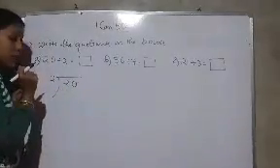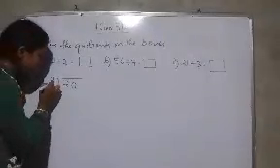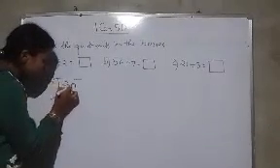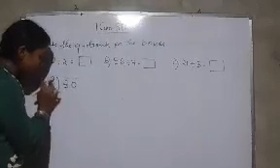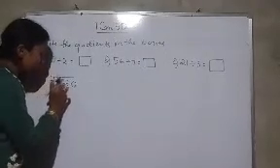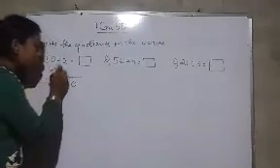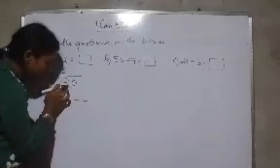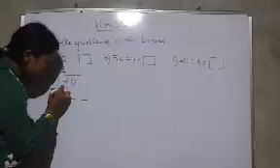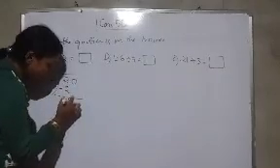So 2 ones are 2. Right? This one is 2. This one is also 2. So these two are equal, the same. So we can first of all divide 2 by 2. Right? So 2 ones are 2. Right? So again what will we do? What I have told you? These two we have to subtract. So 2 minus 2, 0.